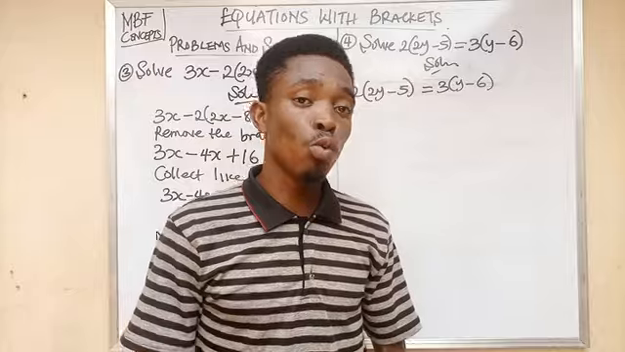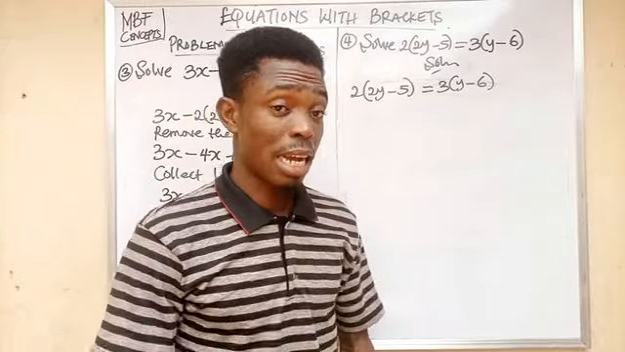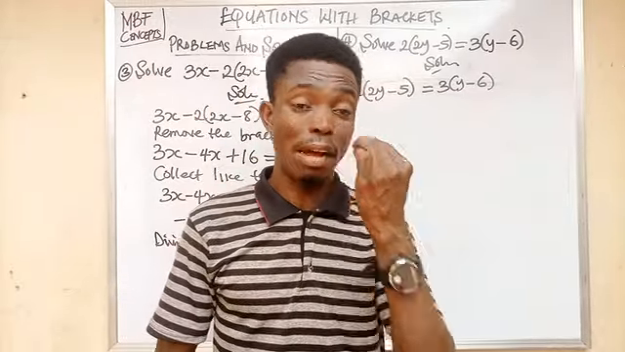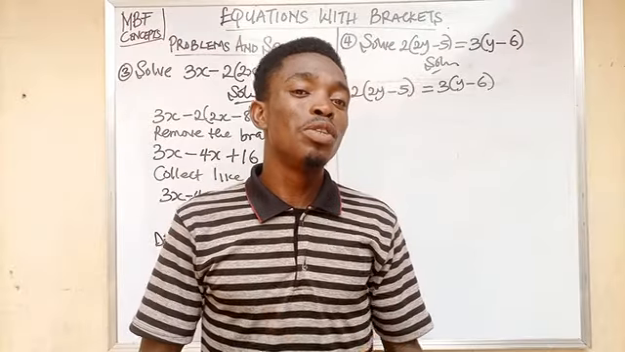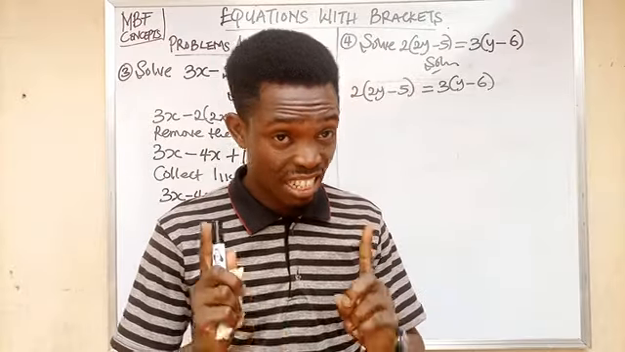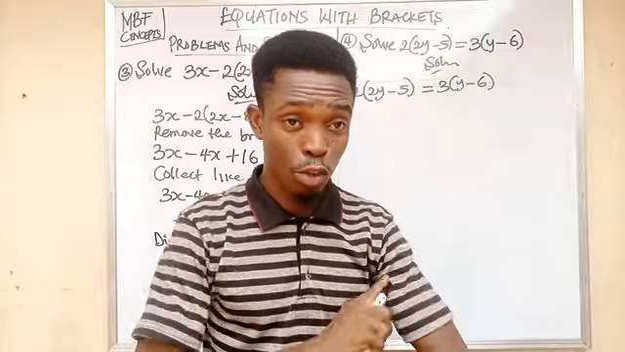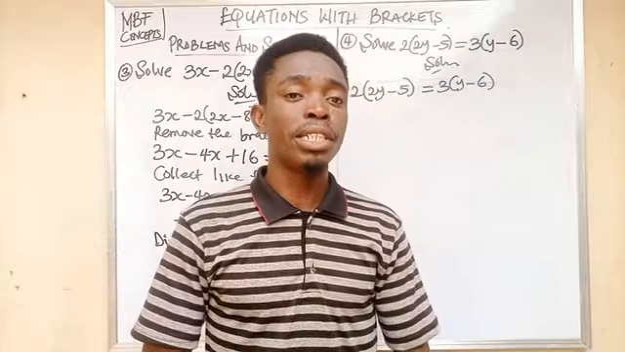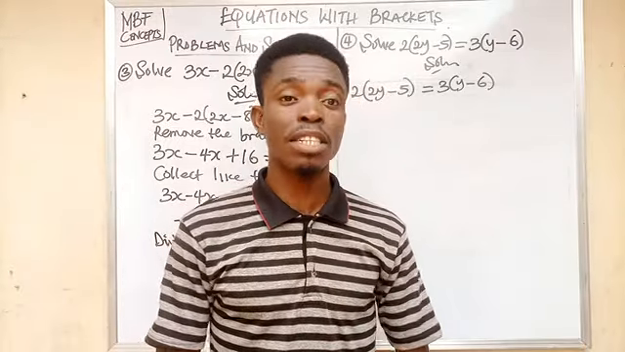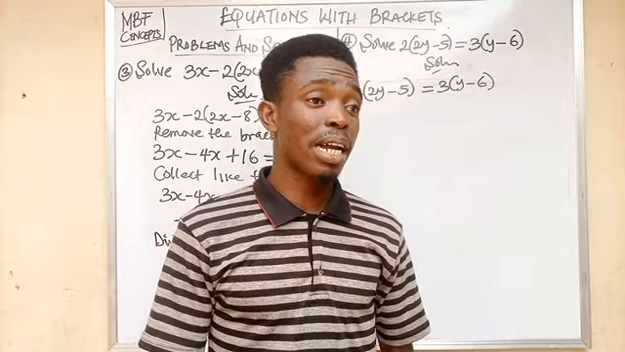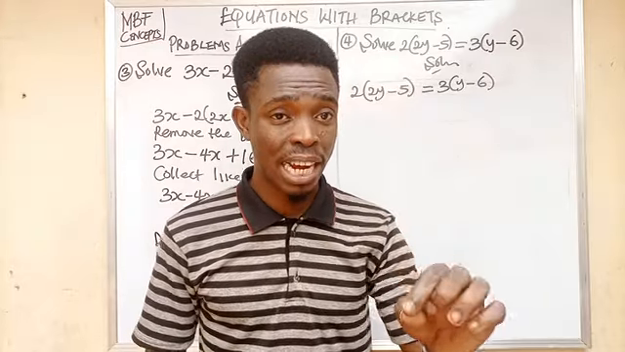The first thing we do with an equation with brackets, like I always say, and I've told you before in our previous class, is that you need to remove the bracket. That is the first step. The first thing you will always do anytime you are dealing with equations with brackets is to remove the bracket. And what do you remove the bracket with? You remove the bracket with the